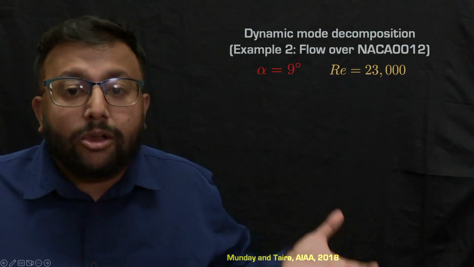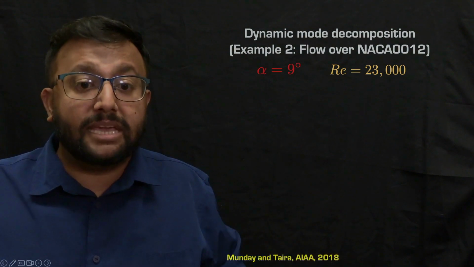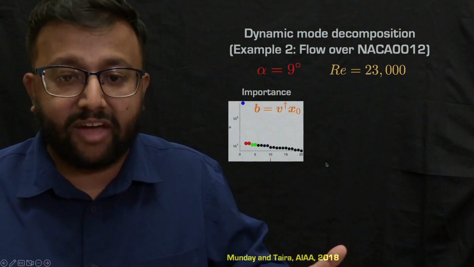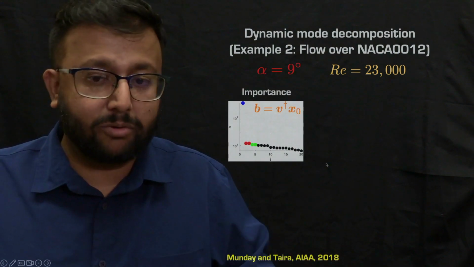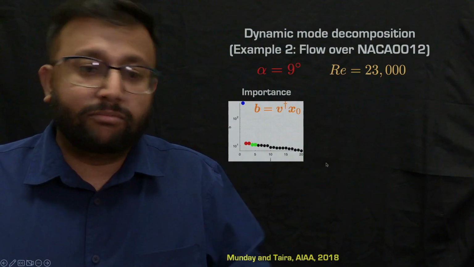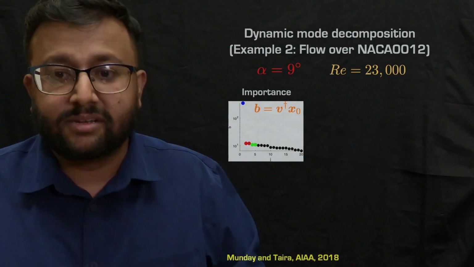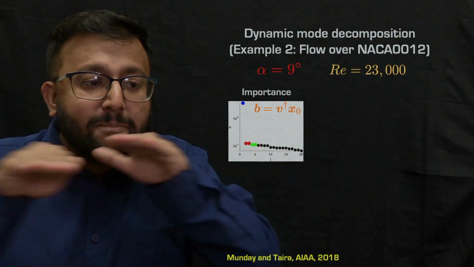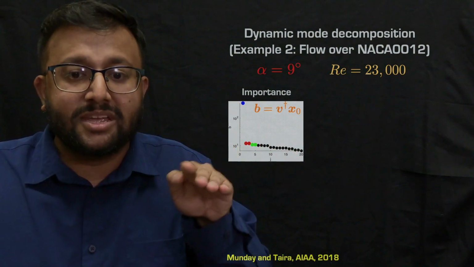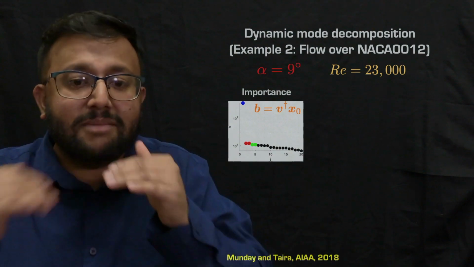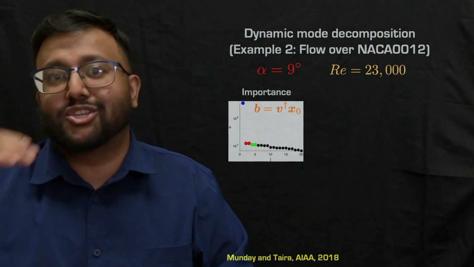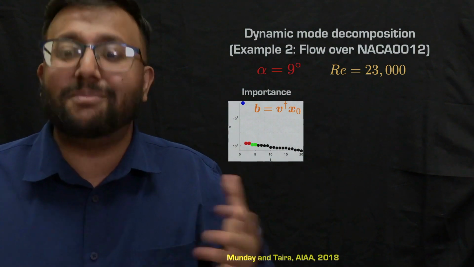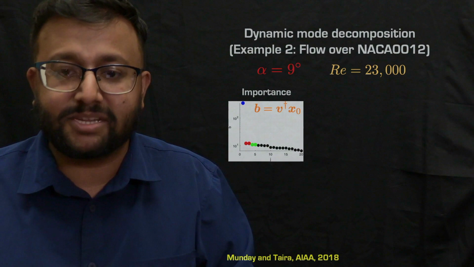All right, so now look at what happens when we perform DMD on the higher Reynolds number flow. Just like before, we are going to quantify the relative importance of the modes, which is B. Now, the mean mode has the highest importance that we see, but just like in the POD modes, the dynamic importance between the other modes is spread out, right? You can't really make out this really nice log scaling between these modes. They pretty much have similar dynamic importance in some sense.